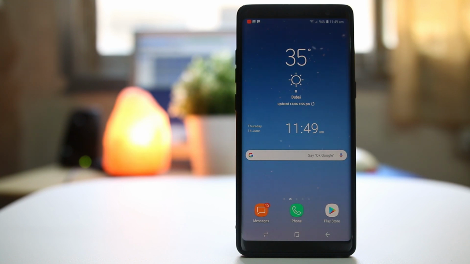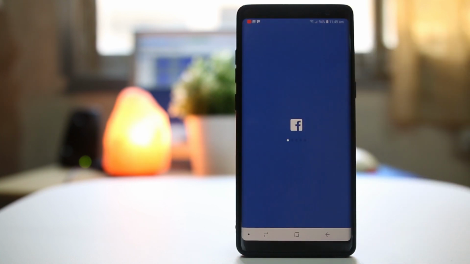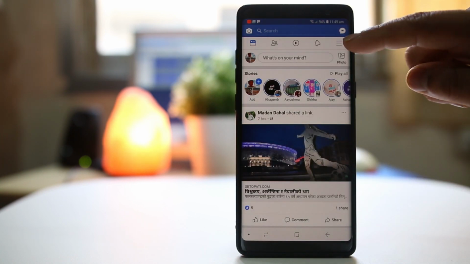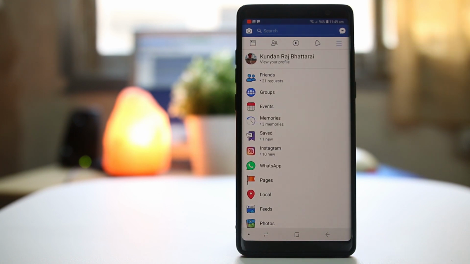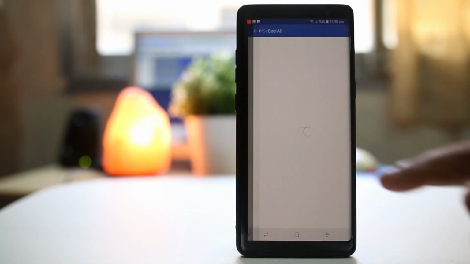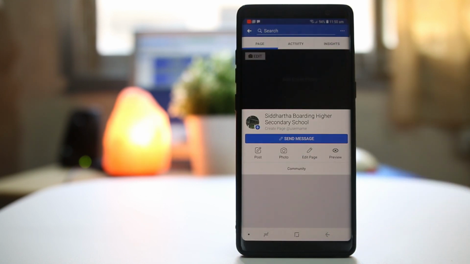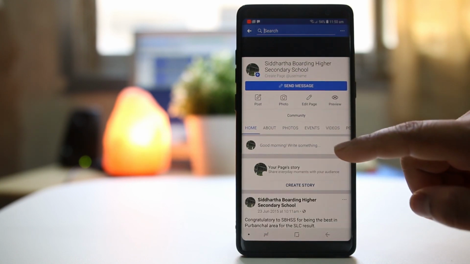In case you want to start a poll on your Facebook page, then what you do is go ahead and open Facebook. Now tap on this menu option at the top here. Select pages. Now what you do is select the page where you want to have the poll, and then tap on this